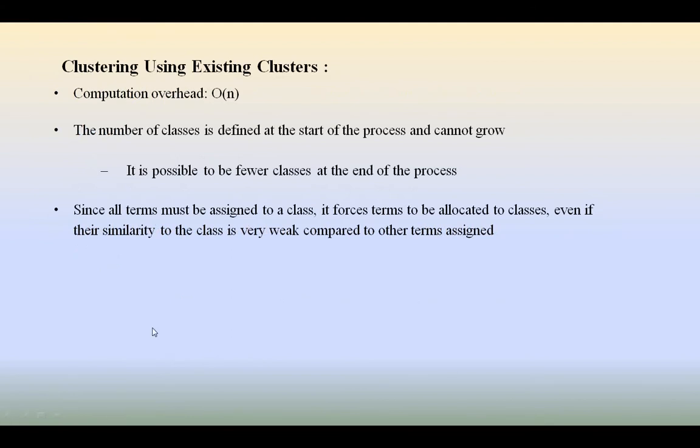So what is the advantage of clustering using the existing clusters? Whenever we start with the existing clusters, this is one way to reduce the overhead. We are working on already predefined clusters, and the computational overhead can be reduced effectively. But what is the drawback here? It is the reassigning of the terms; recalculation of each and every term similarity is one of the big overheads here. But anyway, starting with the existing clusters is considered a very good and efficient method. Okay, and now we see one more method called one pass assignment.